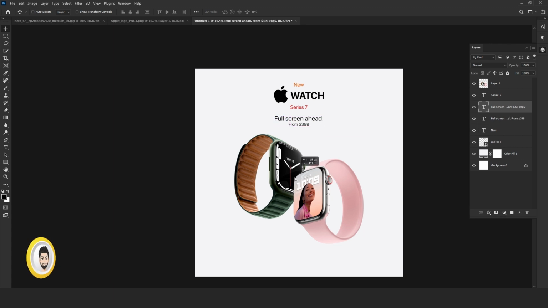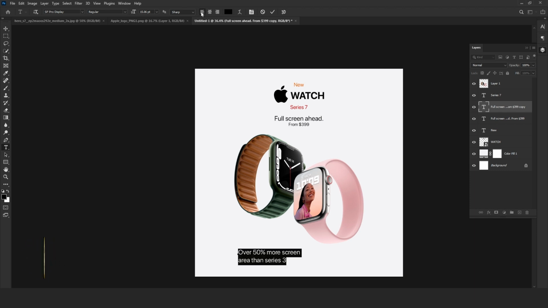Now just duplicate the layer, and here is one of the features, over 50% more screen area than series 3, and align left.